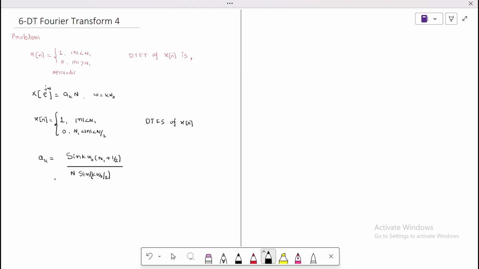So this is the Fourier series coefficient. We know that ak into N is nothing but the Fourier transform from the discrete time Fourier series. So directly, based on the discrete time Fourier series, here I am writing X of e power j omega, that is equal to sine of